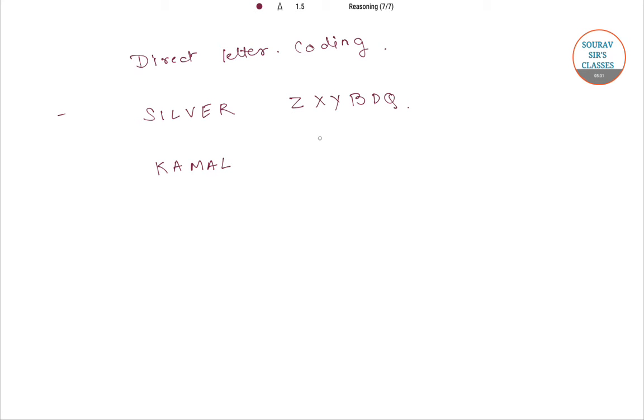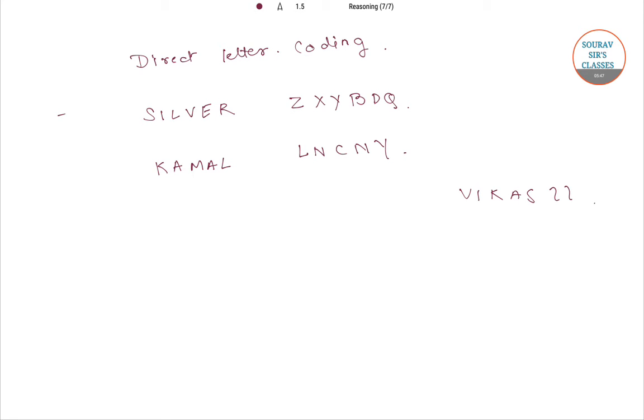Sometimes there is direct letter coding. For example, if it is given in a question that SILVER is coded as ZXYBDQ and KAMAL is coded as LNCNY, so how would VIKAS be coded as? Here we can see that